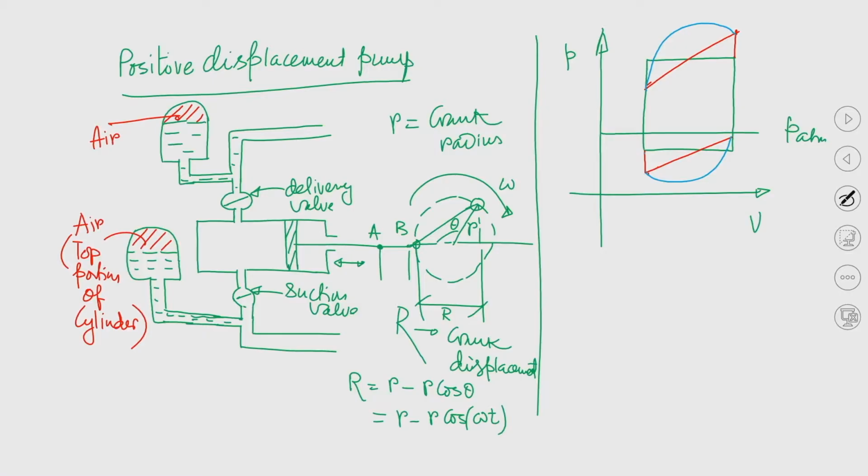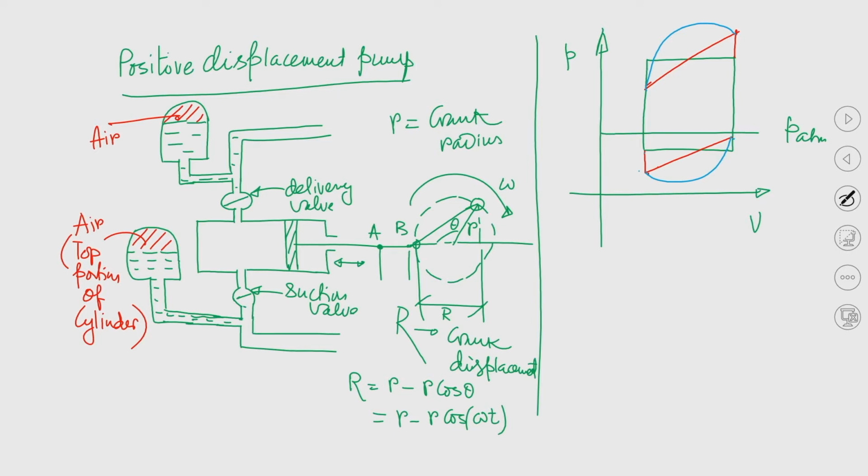What we can see further, as the piston traverses towards the outer end of the cylinder, right, volume increases, this volume is the volume of the liquid inside the cylinder. So, you can see when the piston traverses from the inner end of the cylinder to the outer end of the cylinder, during the process pressure again goes up. So, pressure is trying to be closer to the atmospheric pressure, right. Pressure inside the cylinder here is very close to the atmospheric pressure.